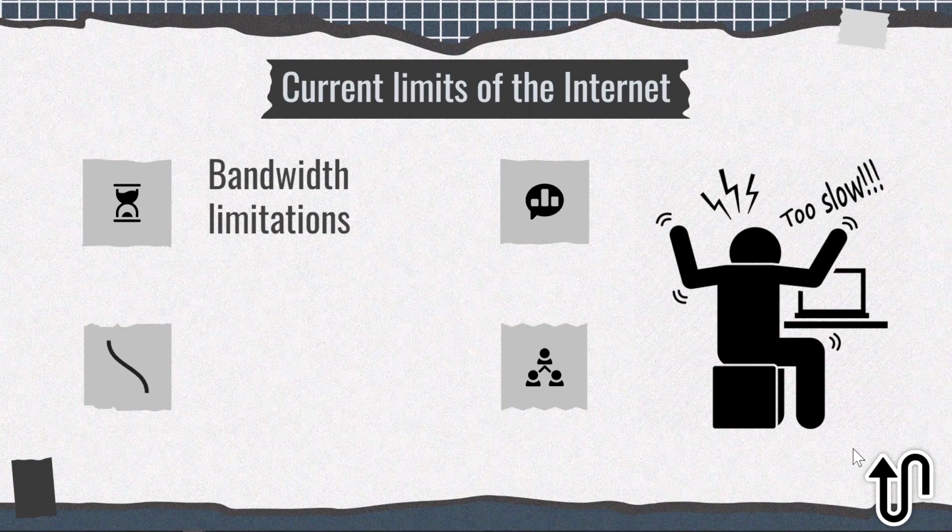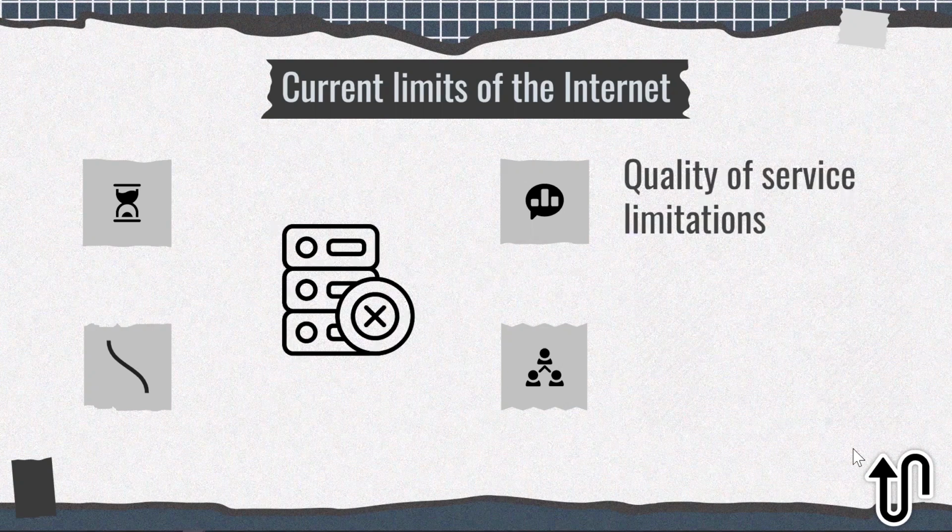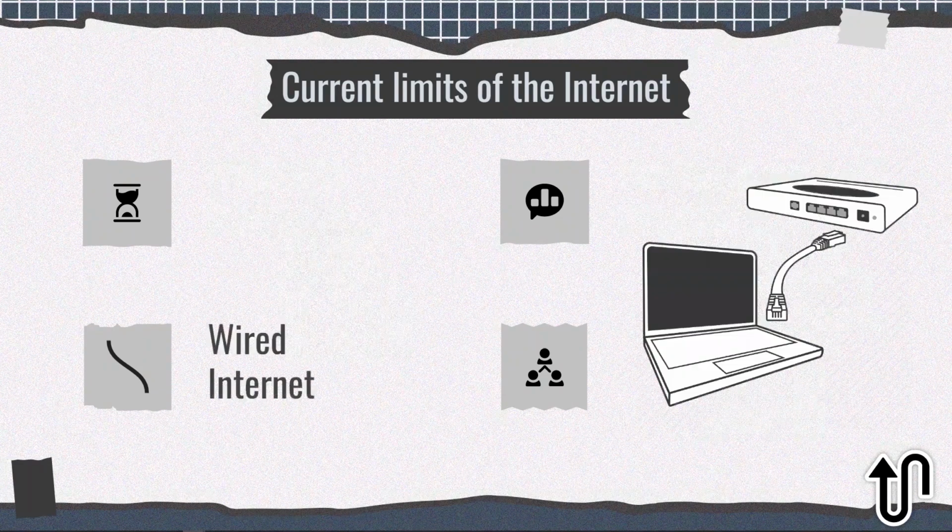The second thing is the quality of service limitation. Today's information packets take a circuitous route to get to the final destination. This creates a phenomenon of latency. So you can imagine that, for example, your message can be delayed. So it's quite a bad experience, right? The next thing is the wired internet. The internet is still largely based on cables nowadays. This will make the user, when they use a device such as a computer, feel inconvenient when the computer still has to consistently connect to the cables.